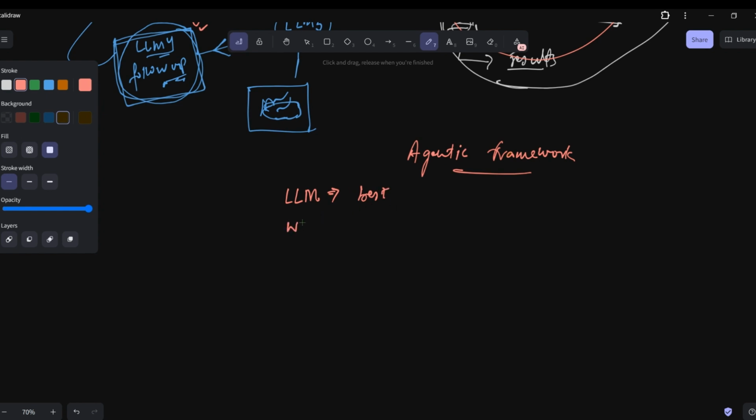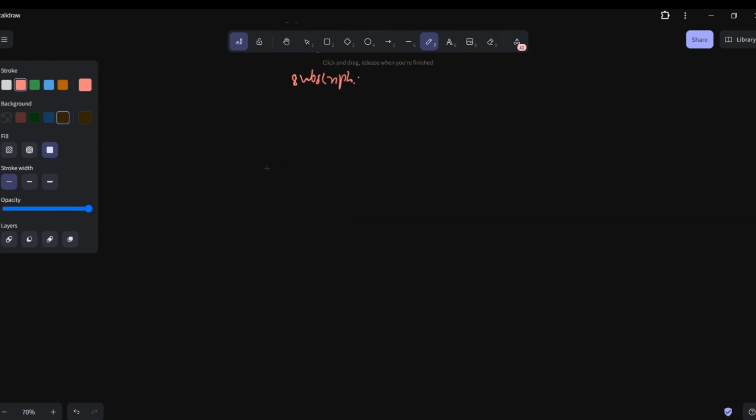Where are we going to host it? Can we host it somewhere? Yes, we can definitely host it. And can we make a subscription plan for this? The subscription plan could be that we sell this as a service, and the companies, the users will come in and put in the database details. Once we have access to the database, we can see the number of tables there. We can make a description of all the tables, and then we can construct that first part